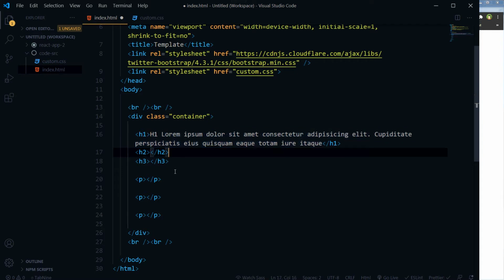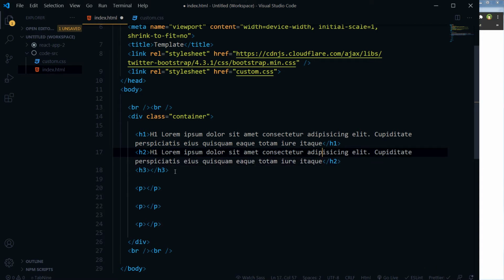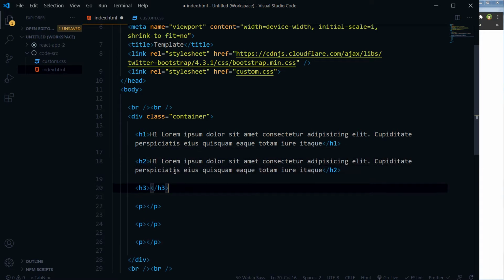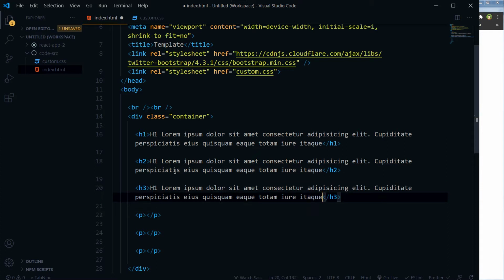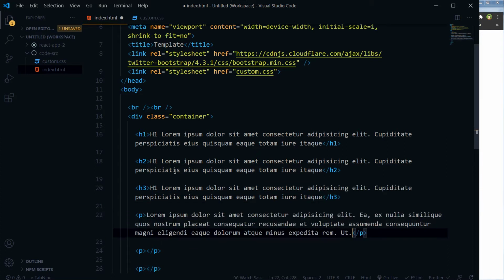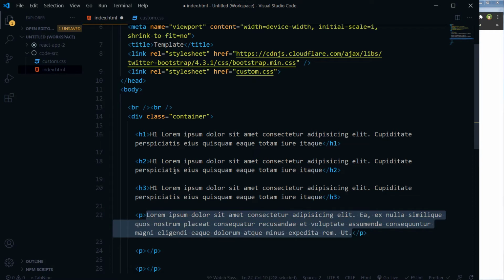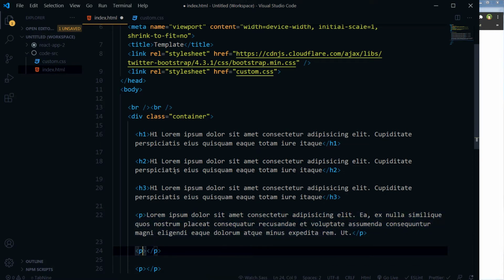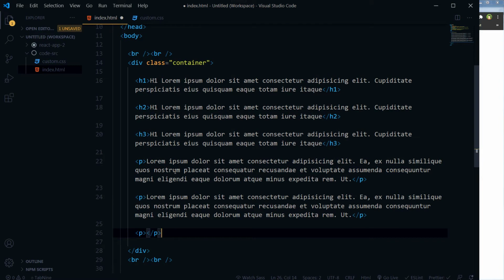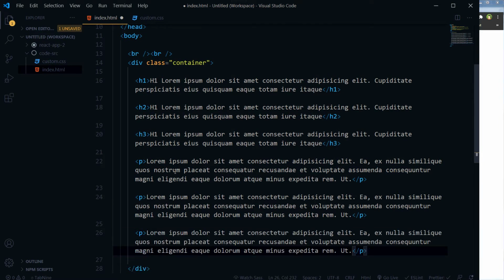Dummy text for heading 1, and for heading 2 this is our dummy text. For H3 the same dummy text, and for the paragraph this is our text. Same text for the second paragraph, same text for the third paragraph,